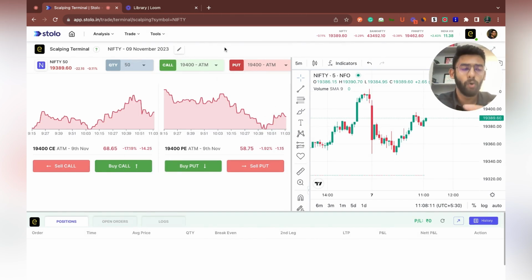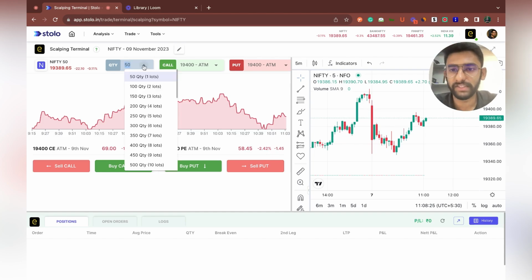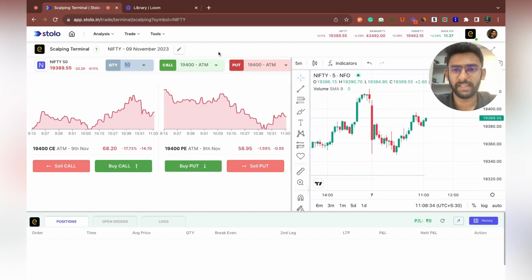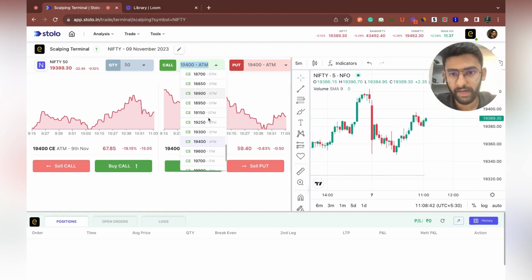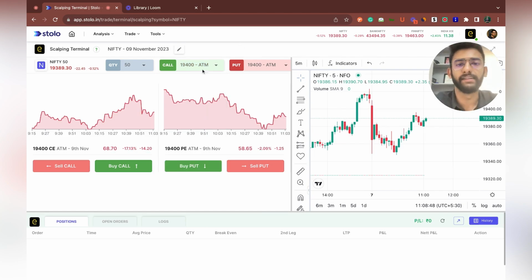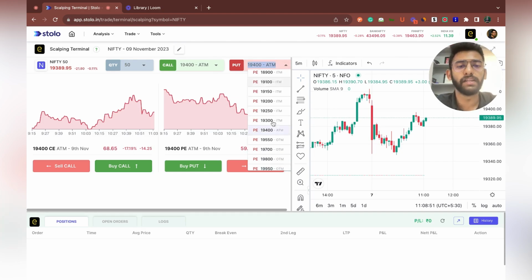So this whole setup is for more of a very professional trader who exactly knows what he wants to trade, which strike he wants to trade, and what quantity, right, according to their capital. So you can set your quantity, which can be one lot, two lots, three lots, and you can also see the quantity on the side, right, according to your preference. Here I've selected 50 for the time being, right? And also you can select your strike for the call side as well as the put side, right? So you have a drop down for all your strikes here. For example, here I've selected 19,400, which is at the money, and similarly for the put side as well,